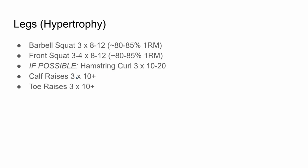And finally, some purely trophic, I don't know, work. So here's some calf raises. I just use body weight and I go till failure. Same thing with the toe raises. Just to isolate the lower section of your